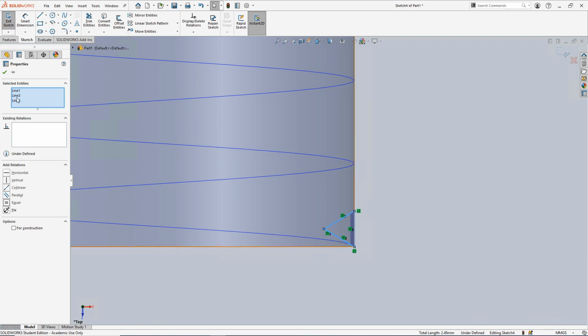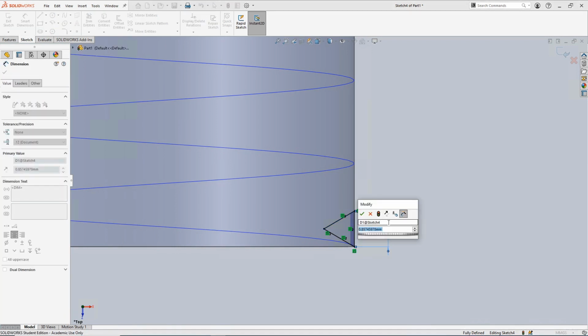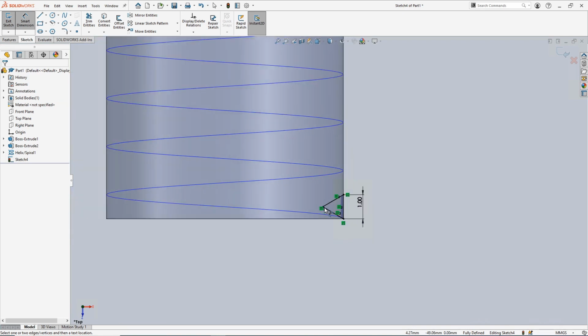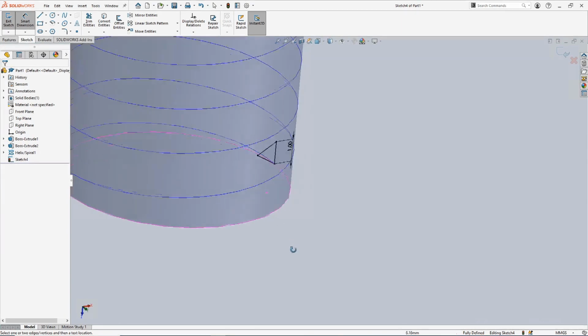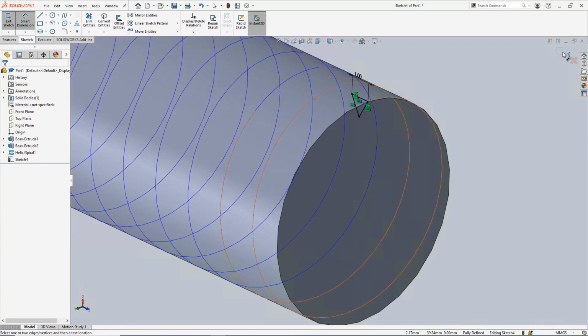So let's assign equal relations by selecting the three edges and just make the width 1 millimeter. So I'm just using arbitrary numbers, not following any standard, but you can find the standard numbers by looking at the different thread standard tables. Okay, so once we have done that, let's close the sketch